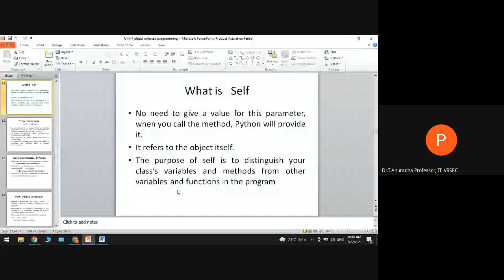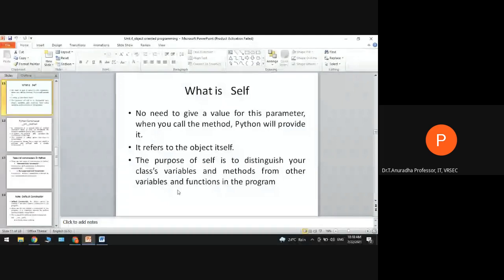Python will automatically provide the value, which is nothing but the object itself. So please remember, whenever you are writing any class method, the first parameter should be self, which represents the object itself. Whenever you call that method on the object, there is no need to pass any value. Python will automatically assign the object itself.